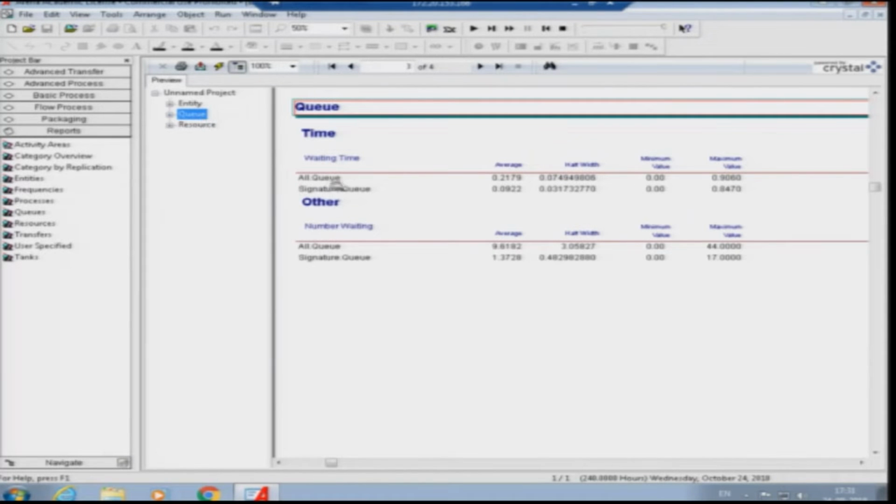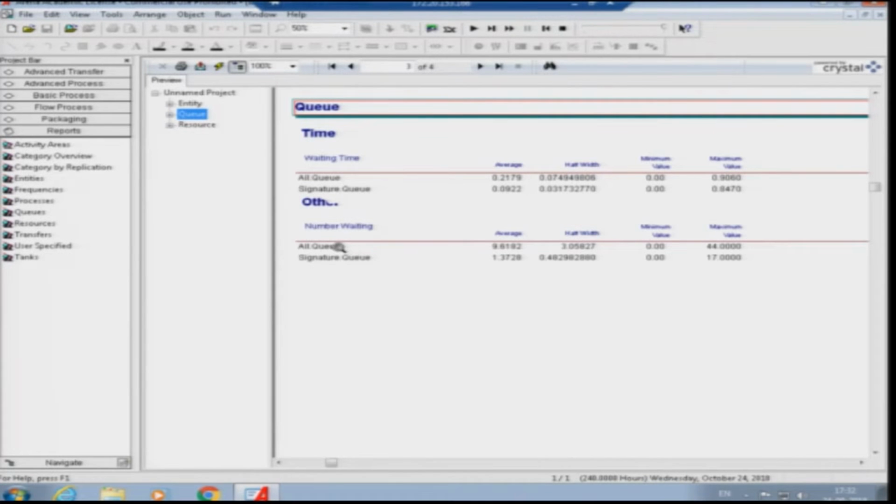As you see in the queue also, even after the reduction of the resource in the all windows, the average person's waiting time is 0.21, which is pretty much acceptable, with a maximum value of 0.90160. That is also a very acceptable waiting time considering the banking systems that we use in our daily life.